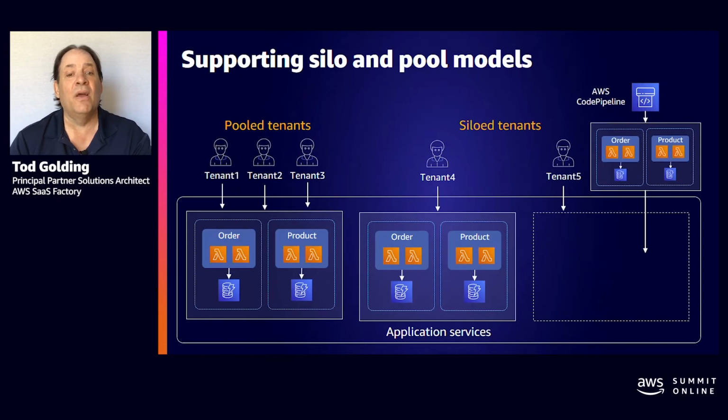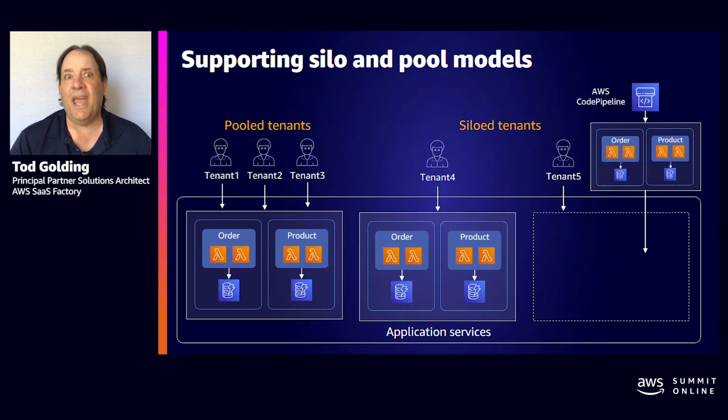And now, though, tenant 4 is some premium tier tenant. They, for some reason, warranted having their own microservices. So in this environment, running right alongside our pooled tenants is a siloed deployment for a specific tenant. And our onboarding process essentially takes care of all this. So when I onboard, if I choose basic tenant, I will go into the pooled environment. If I choose one of these platinum or premium sort of tenants, I'll get my own siloed environment.